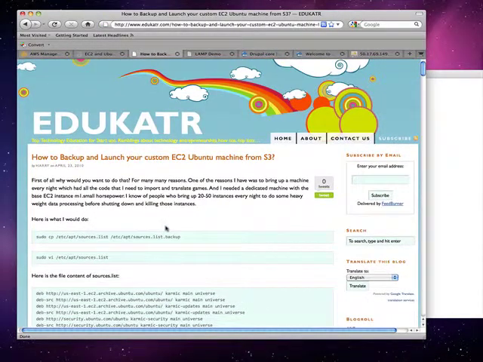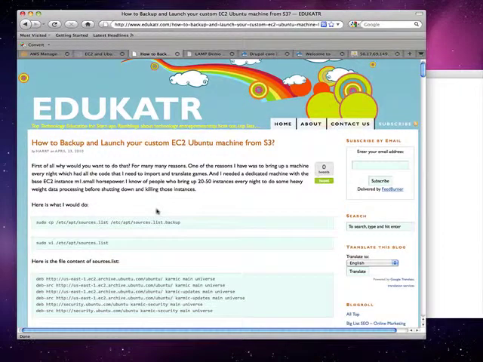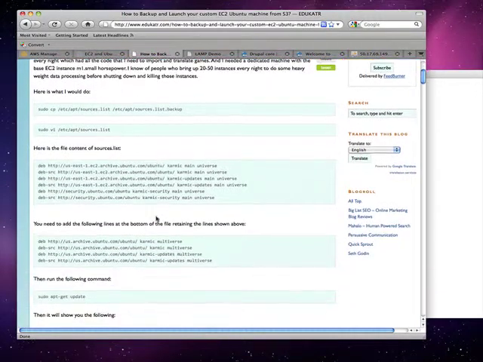You asked this also, right? So I have a blog entry for that. It's on my blog: how to back up and launch a custom EC2 Ubuntu machine. Essentially what you would do is the process of cloning. You're going to clone your machine. Through a set of EC2 API commands, you save it to your S3 bucket. You remember you signed up for S3 when you signed up for EC2? You take this machine, put it entirely in S3, and generate an AMI ID for yourself. This is your personal AMI.